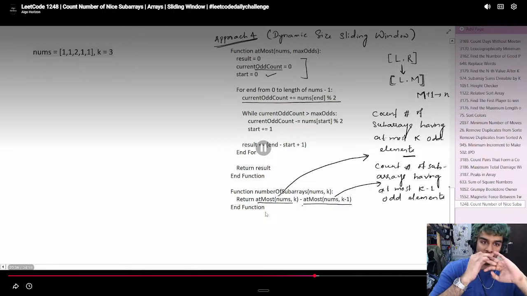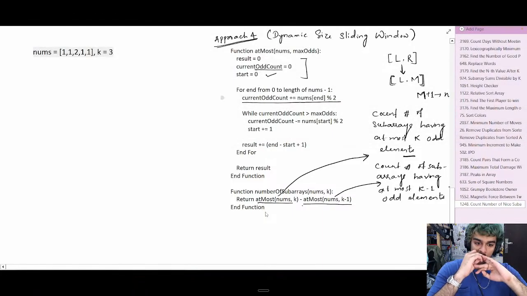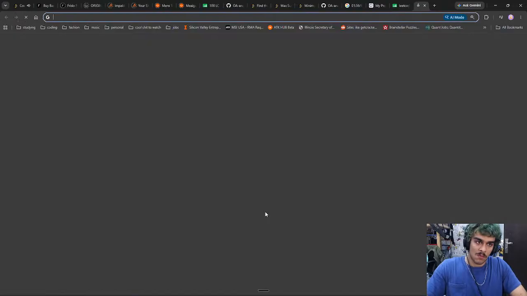If nums of i is odd, then the current odd count will be incremented by 1, because I am doing mod by 2. And if the number is even, the mod will be 0, and the current odd count remains the same. If the current odd count is greater than the maximum odd count that is allowed, it means we have reached the limit of the right window. So now we need to shrink the left window. That is, while the current odd count is greater than the maximum odd count, I'll